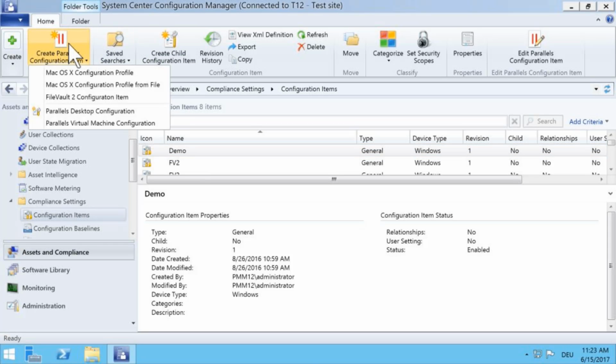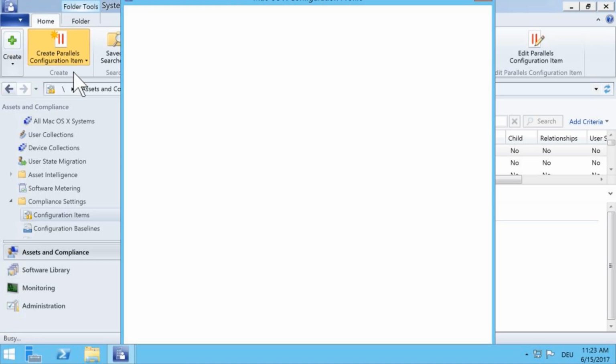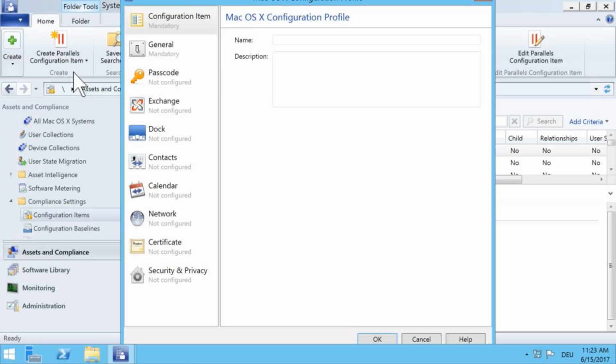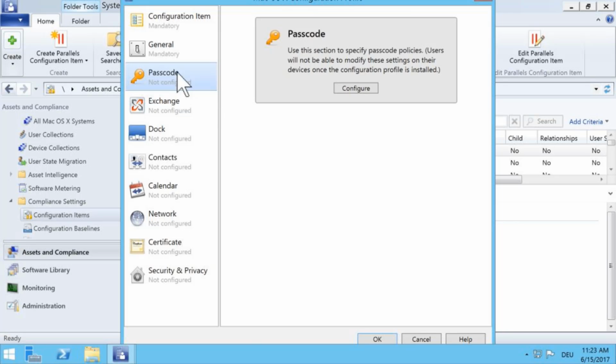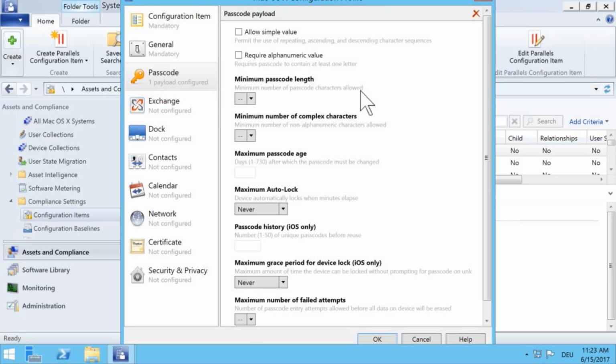These configuration objects which get applied to the Mac are so-called configuration profiles. And within the configuration profile, we have different items which are called payloads. And I just want to start the editor. That's part of the Parallels Mac management product. I can configure certain items, for example, password policy for the Mac